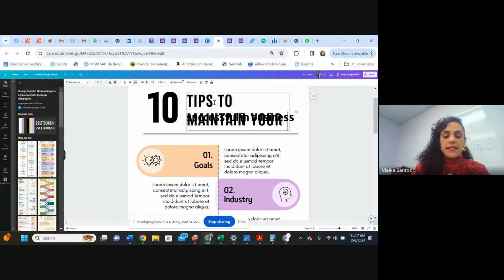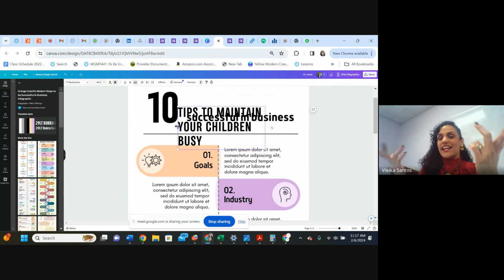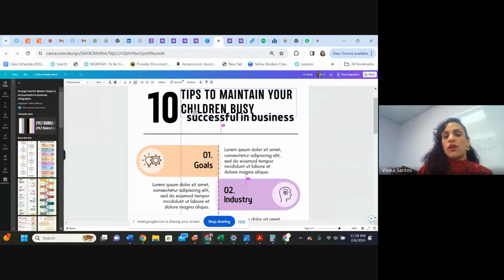Keeping your children busy, because the parents are always stressed, with how to keep the children busy, how to keep them away from the computer. So I know that. Why? Because of the research, because I'm talking with them, because I'm asking them, because I'm observing them, right? You don't have to develop 3 million questionnaires. You can talk with your customer and obtain data valuable for your business.